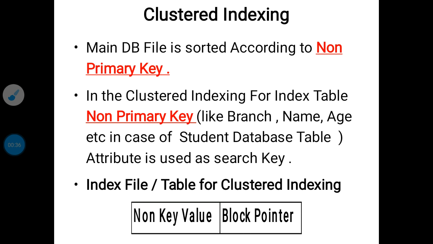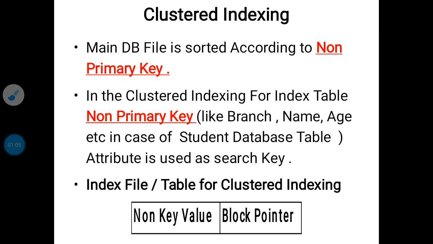There are some very important points related to cluster indexing. Point number 1, main database file. The main database file means whatever file you have created with the help of some database management tool. For example, suppose you are creating a student database file. That main database file is sorted according to a non-primary key.